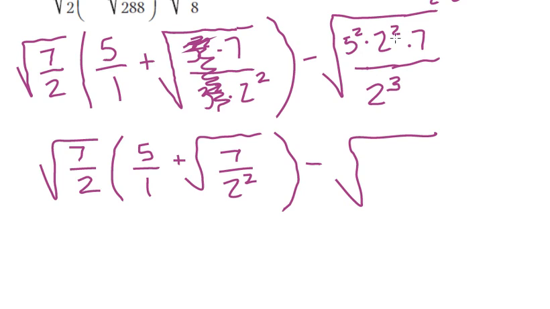Oh no, because we got some 2s here. So these are going to cancel out, and this is just going to be 2 to the 1st power. So this is going to be 5 squared times 7 over 2. All right, so let's see what happens when we continue working through here. Have we made any